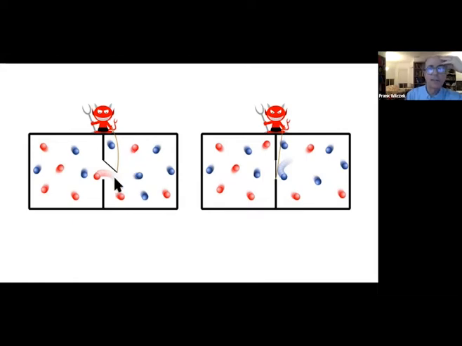energetic atoms through, when you have these two components of a gas on the two sides, and say this one is colder and this one is hotter, the colder one will still contain some energetic atoms, and whenever they come by, the demon opens the trapdoor, lets it through. When a cold atom comes by, it closes the door and doesn't let it through. And in this way, you can transfer energy from the cold object to the hot object.